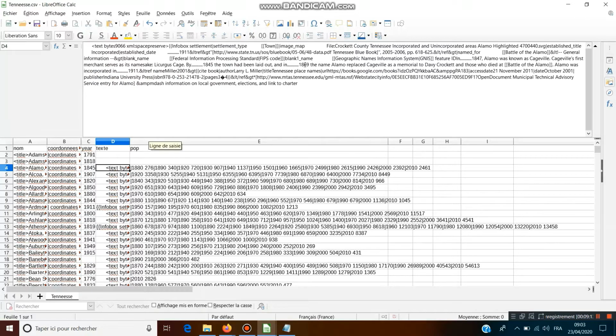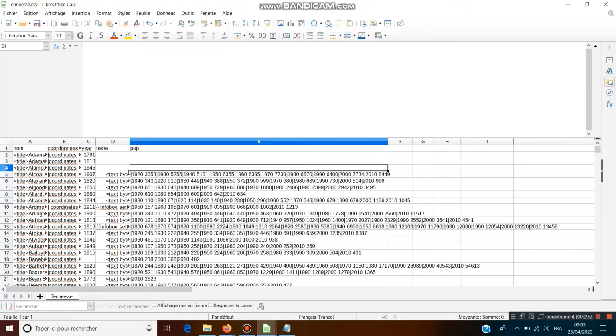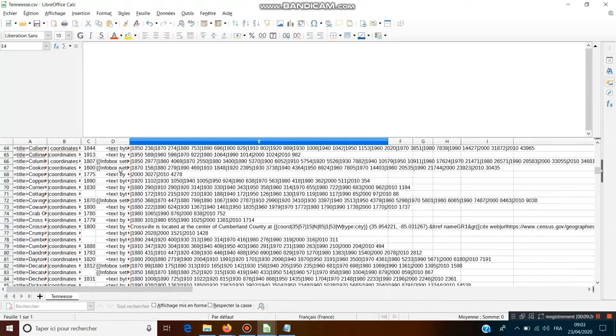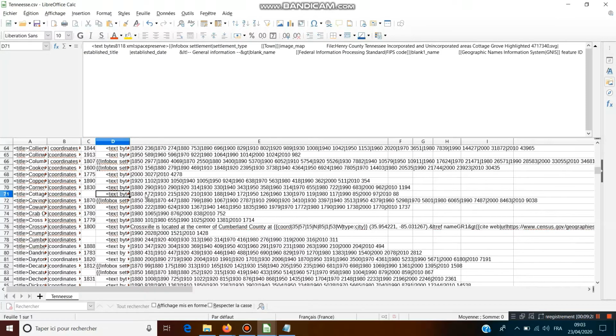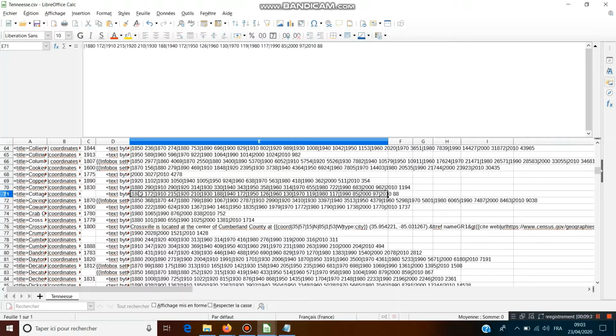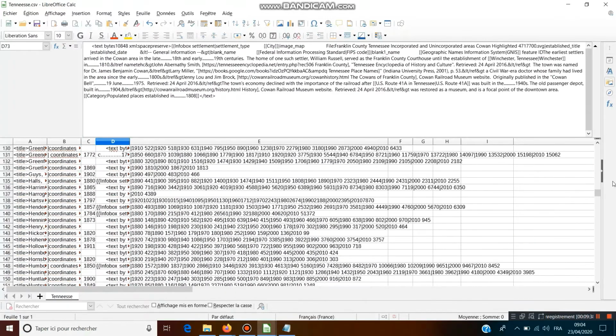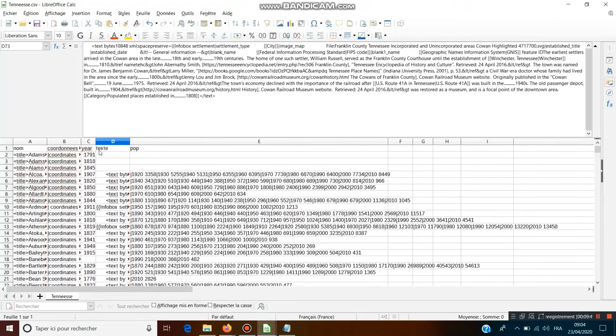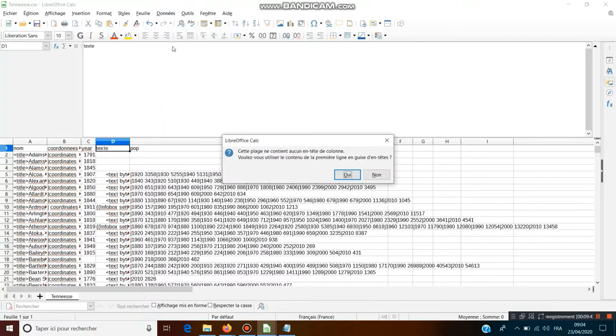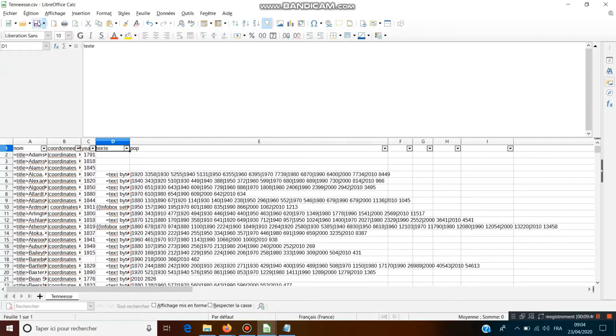Third line: the town had been laid out by 1845. So the first settlement occurred in this year. So the program automatically gives us the first year of settlement of the city, that we just have to verify.